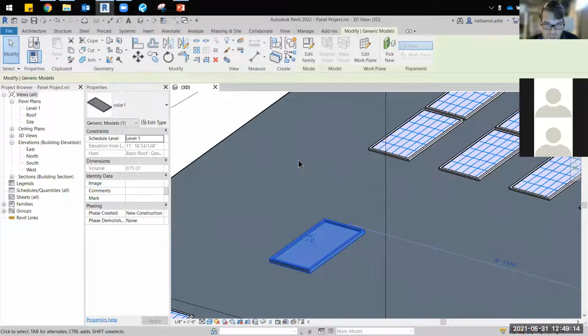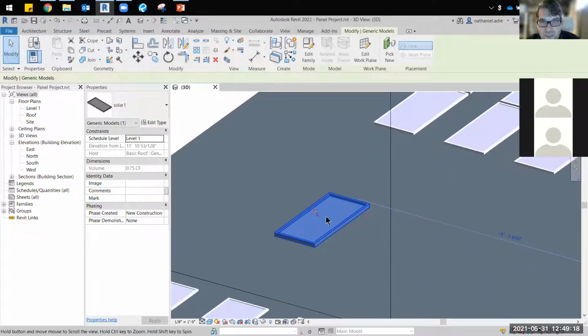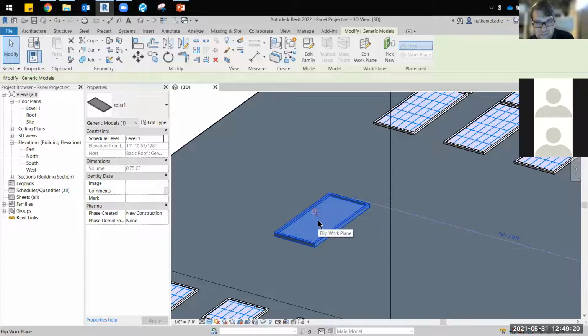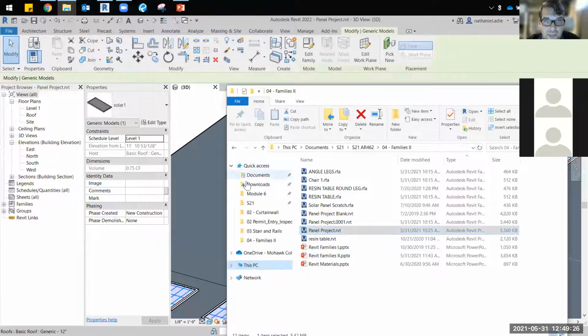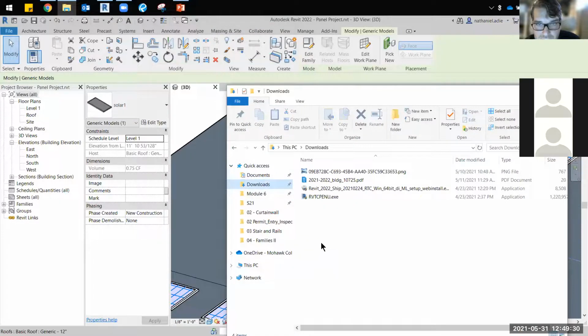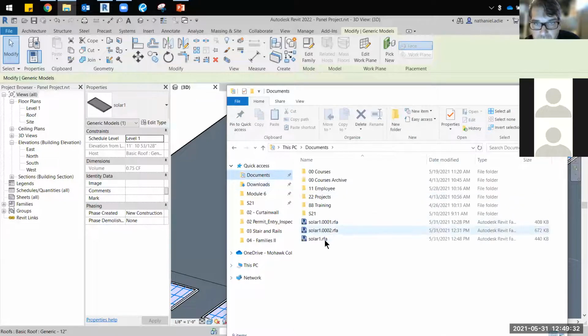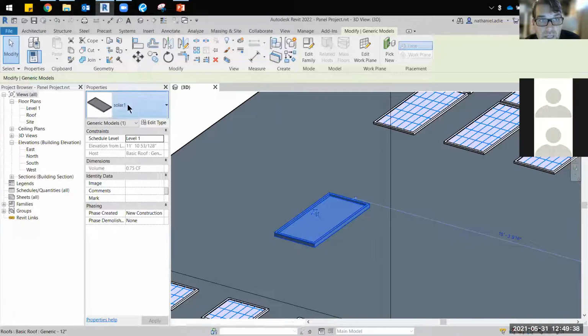Now you've got to be careful because you can load a family into a project and have it saved in that project and even make changes to that family in the project. And that file might sit on a computer somewhere and be independent of that. So I'm giving you all the details, maybe more details than you might need. Yeah, so this file is right here in my documents, but I also have it now in my